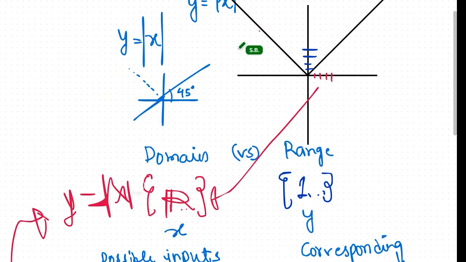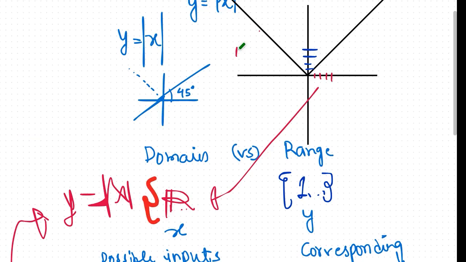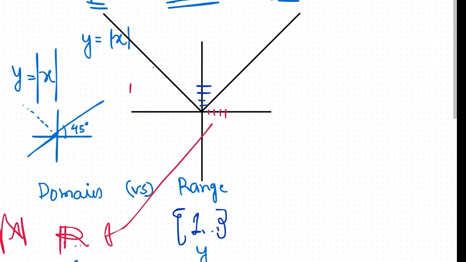See, we don't represent set R with brackets. R itself means the set of real numbers. Capital R means the set of real numbers. That itself is a set. You cannot put a set on a set, right? No need. So domain is real numbers because for domain you have to look out for x values,